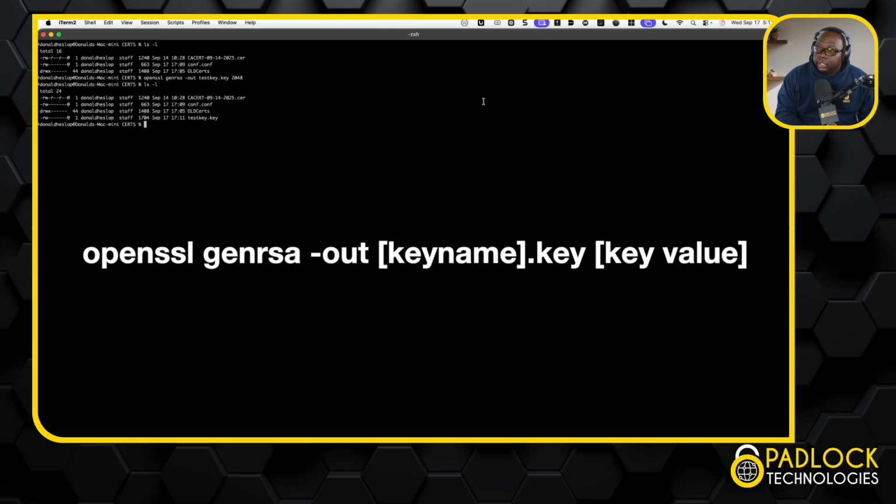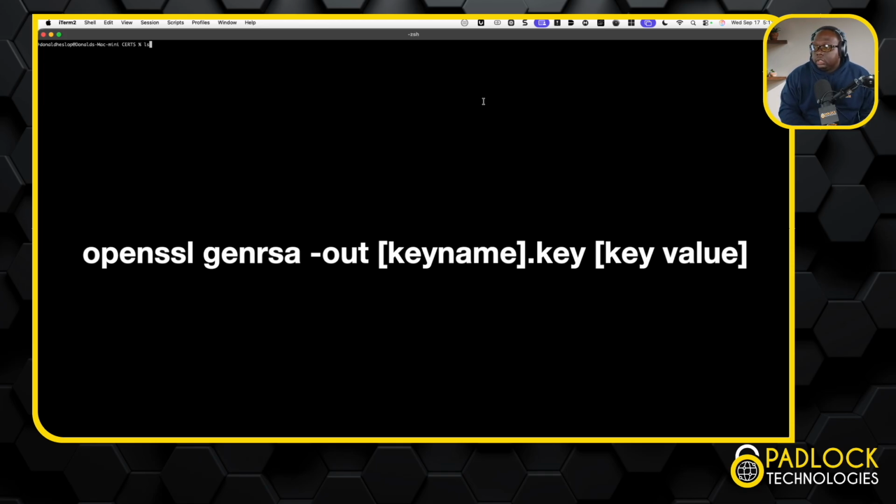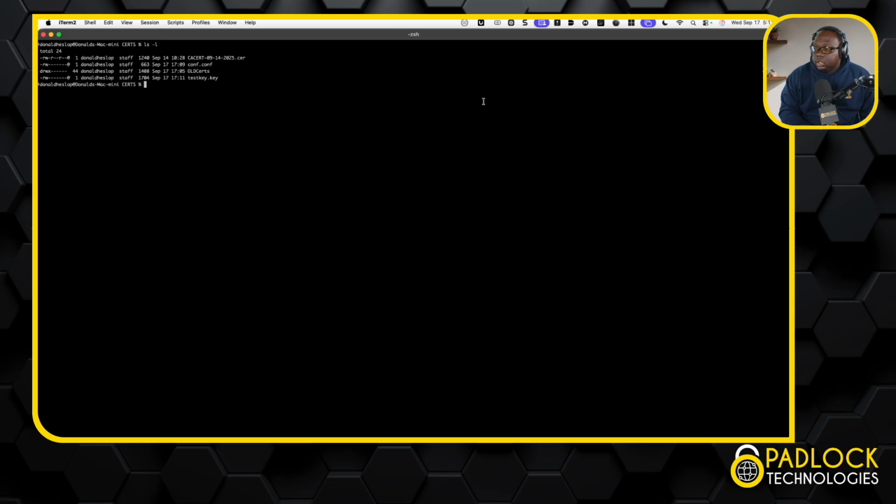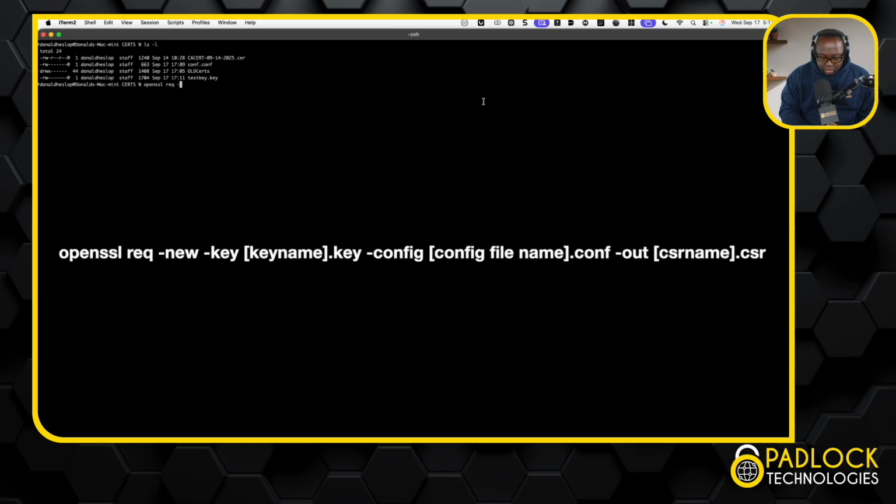So we should have the key here. And here's where the magic is going to happen. So we're going to clear this out, ls, just to make sure we know. And then we're going to do openssl req -new, same structure like we did last time. -key test key. Now we're going to do -conf, right? Or it's -config, sorry. -config, and then conf def conf, right? And then -out